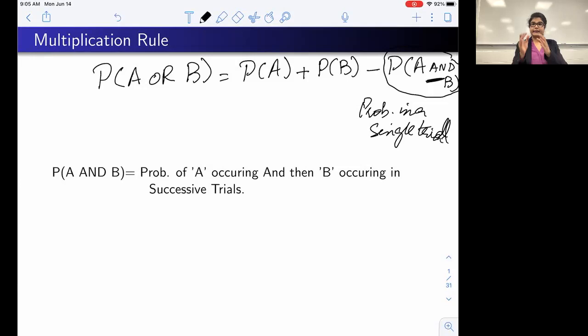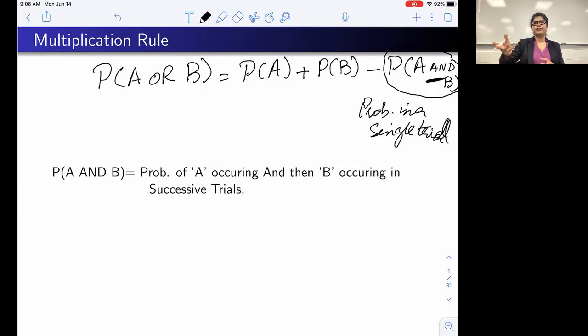Today we will discuss the same thing, probability of A and B, but in terms of another thing. That thing we discussed in a single trial. Now we will do multiple trials. When you do multiple trials, multiple experiments, then we need to use the multiplication rule, not the addition rule. Like I'm rolling a die the first time, and then I roll it again. If I'm asking the probability of getting a 3, or the probability of getting a 5,